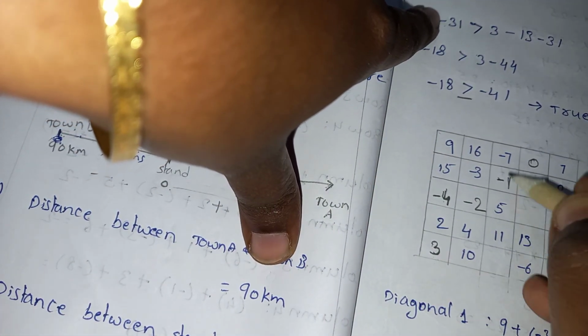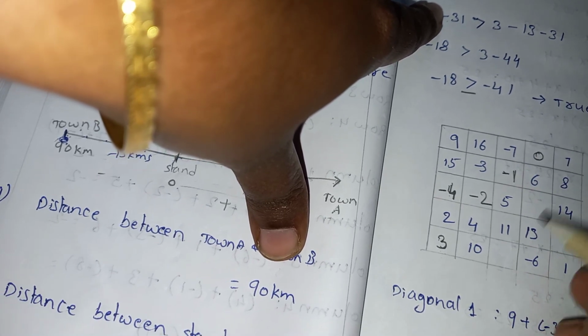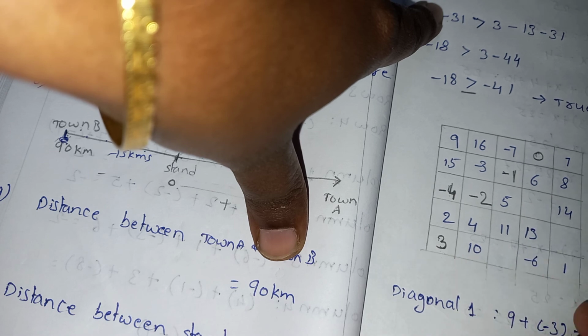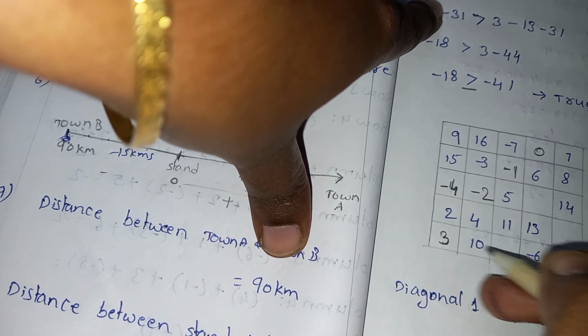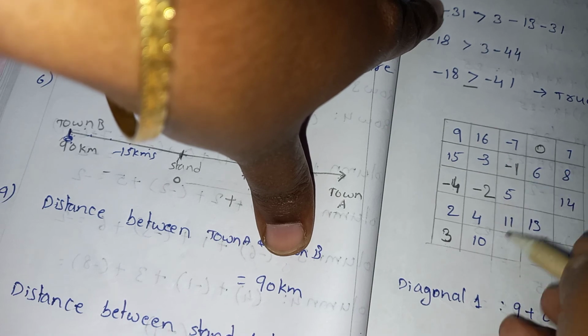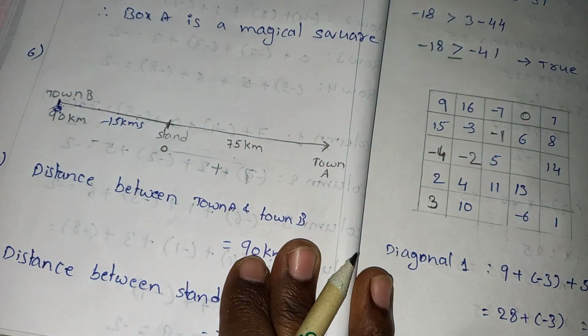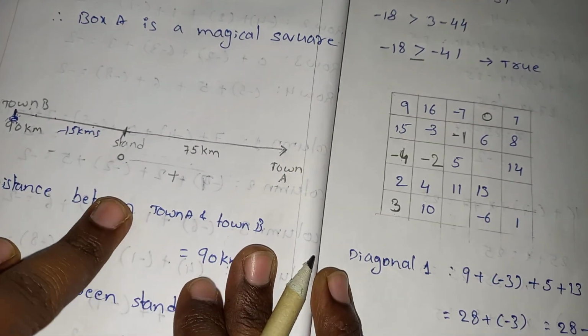Now we are able to calculate this column, right? Or else you can calculate like this also. If you calculate this row, you will get this answer. If you calculate this column, you will get this answer. Don't worry. I already told most of the numbers. Only three numbers are missing. You have to calculate and tell me the answers.